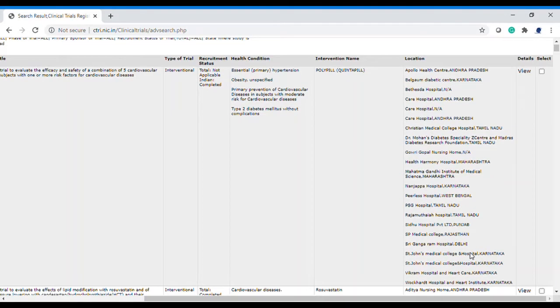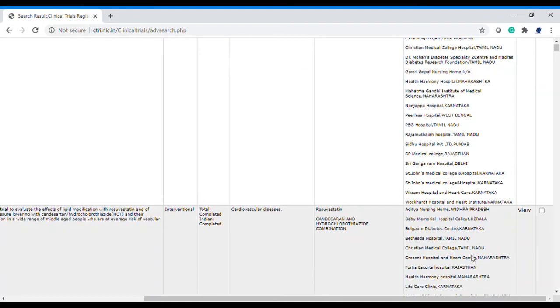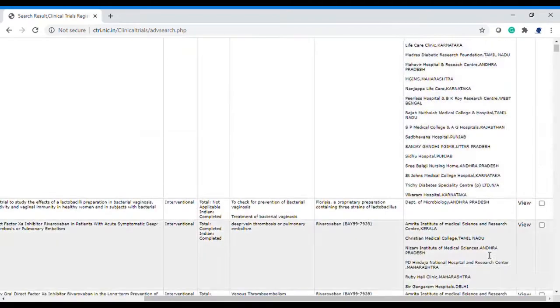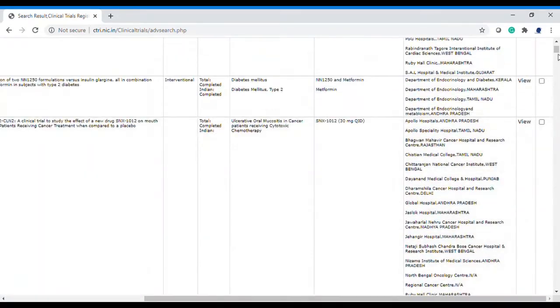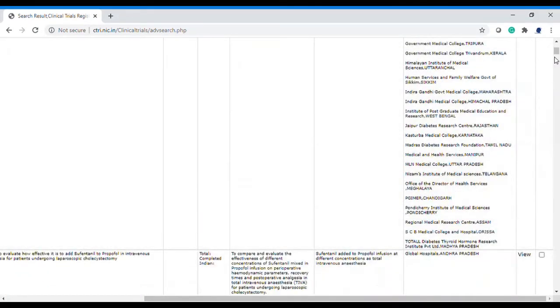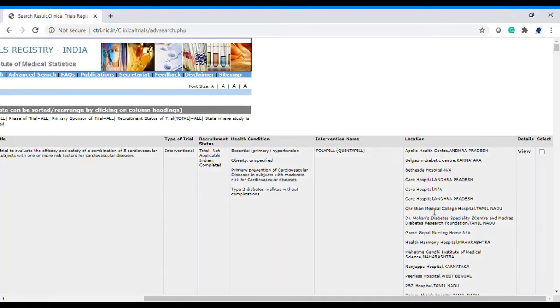That is what you have to check, whether there is any Hyderabad hospital in this list of trials. What you have to do is just press Control F.